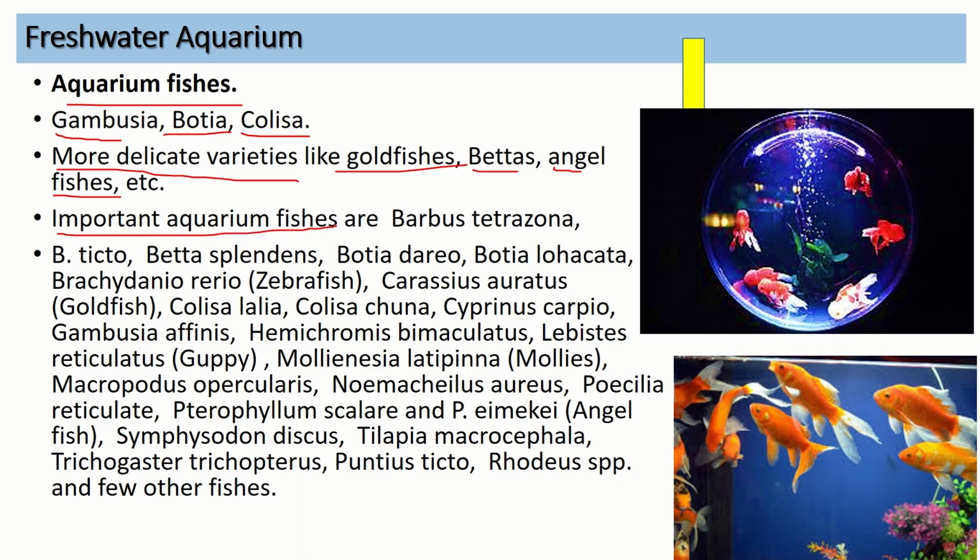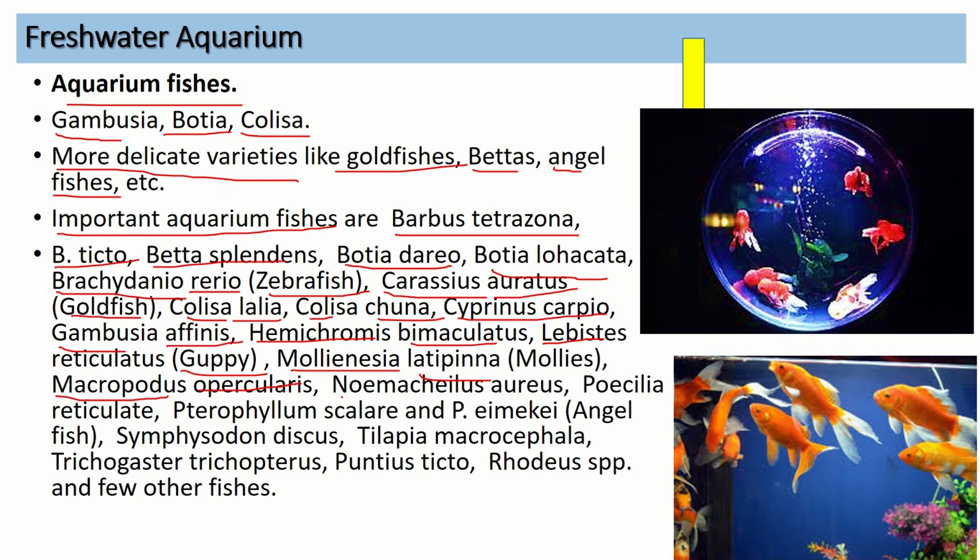Some important aquarium fishes are Barbus tetrazona, Barbus ticto, Betta splendens, Botia dario, Botia lohachata, Brachydanio rerio, zebrafish, Carassius auratus, goldfish, Colisa lalia, Colisa fasciata, Cyprinus carpio, Gambusia affinis, Hemichromis bimaculatus, guppy, some Molliensia latipinna, Macropodus opercularis,